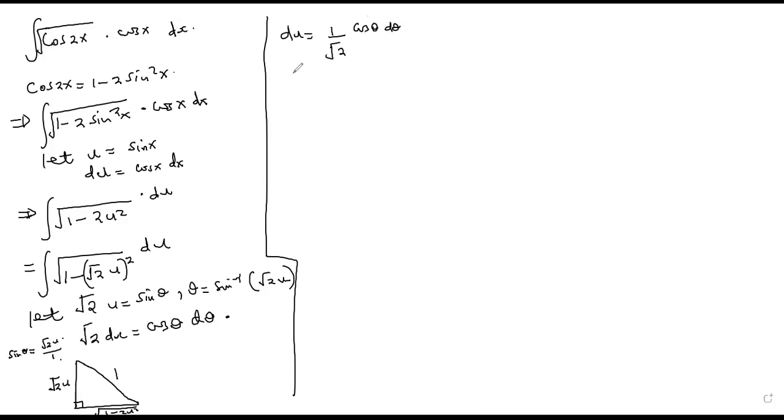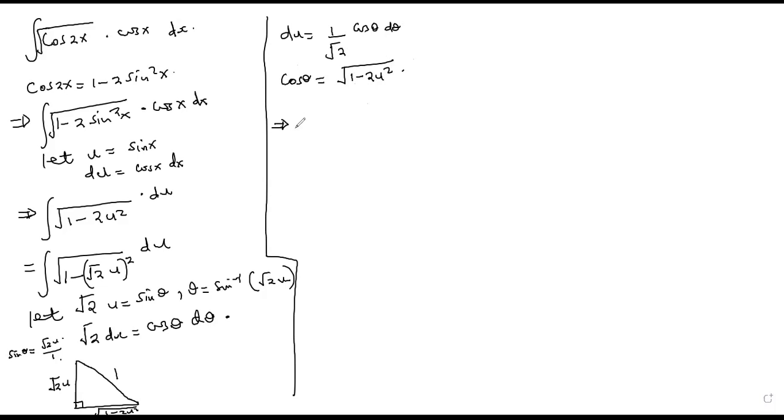Because we need to substitute for this cos theta, cos is adjacent over hypotenuse, which will be the root of 1 minus 2u squared. Hypotenuse is 1. So that is what we have, implying that